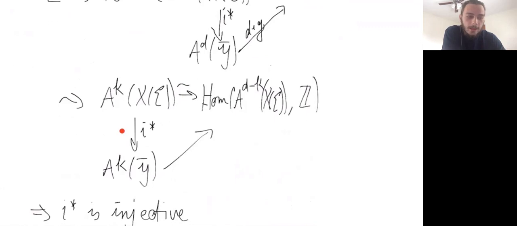So the statement here is that sigma is a Poincare fan of dimension d. So even though x sigma is not a complete toric variety, it behaves as if it were a complete variety of dimension d, and this induces an injective pullback map to the compactification y bar. So that's how we get injectivity of this map, and then for surjectivity,